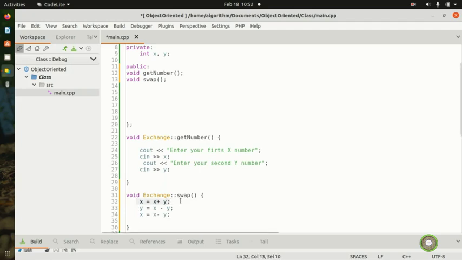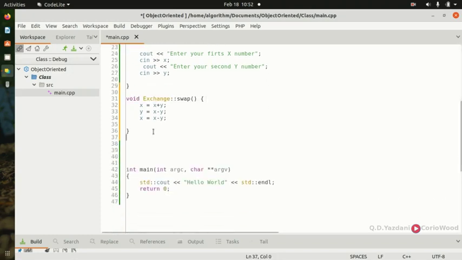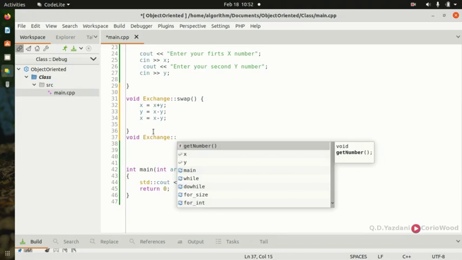So this one is x plus y. We're going to come here; x plus y is going to do the addition, then y is going to do the negation, then x is going to do the negation as well. Alright, so looking here, we have a swap, and we already included swap, and the last one is going to be result. We put a void, and we put exchange, the name of the class, and we put a result,